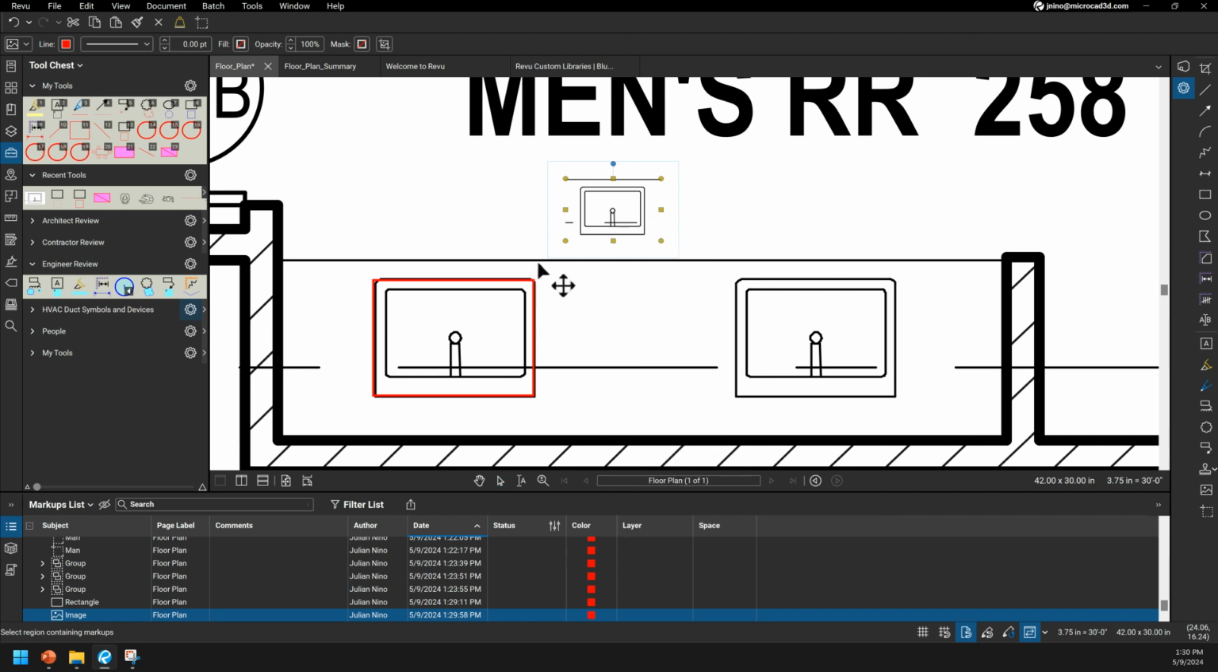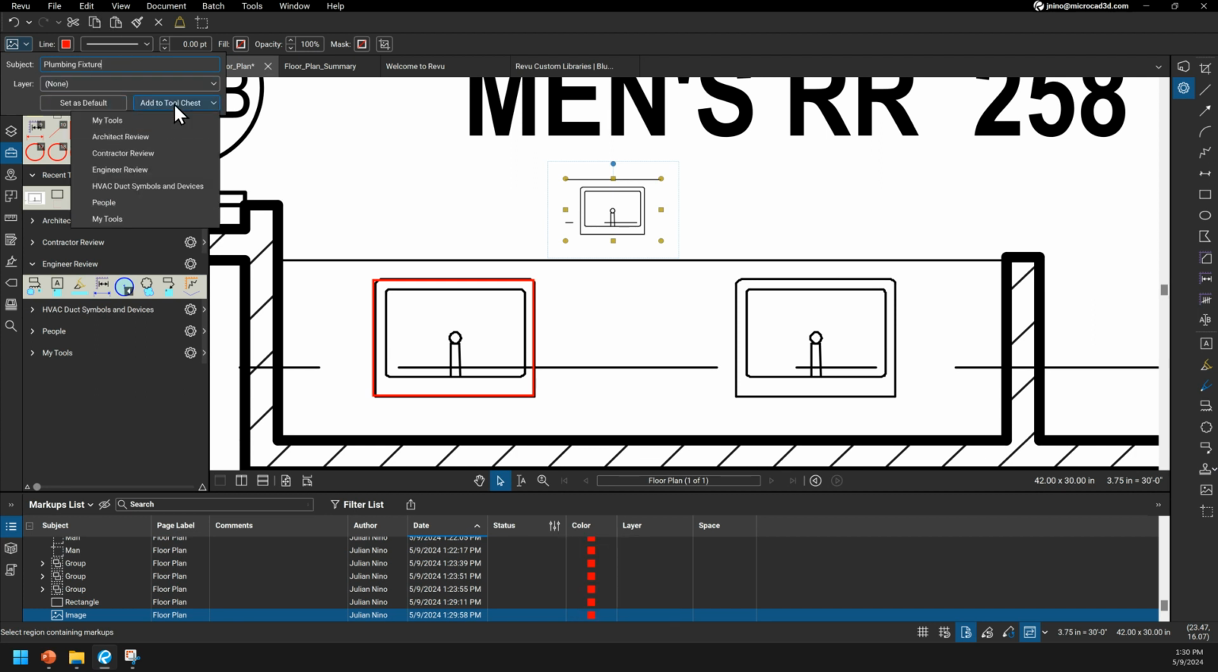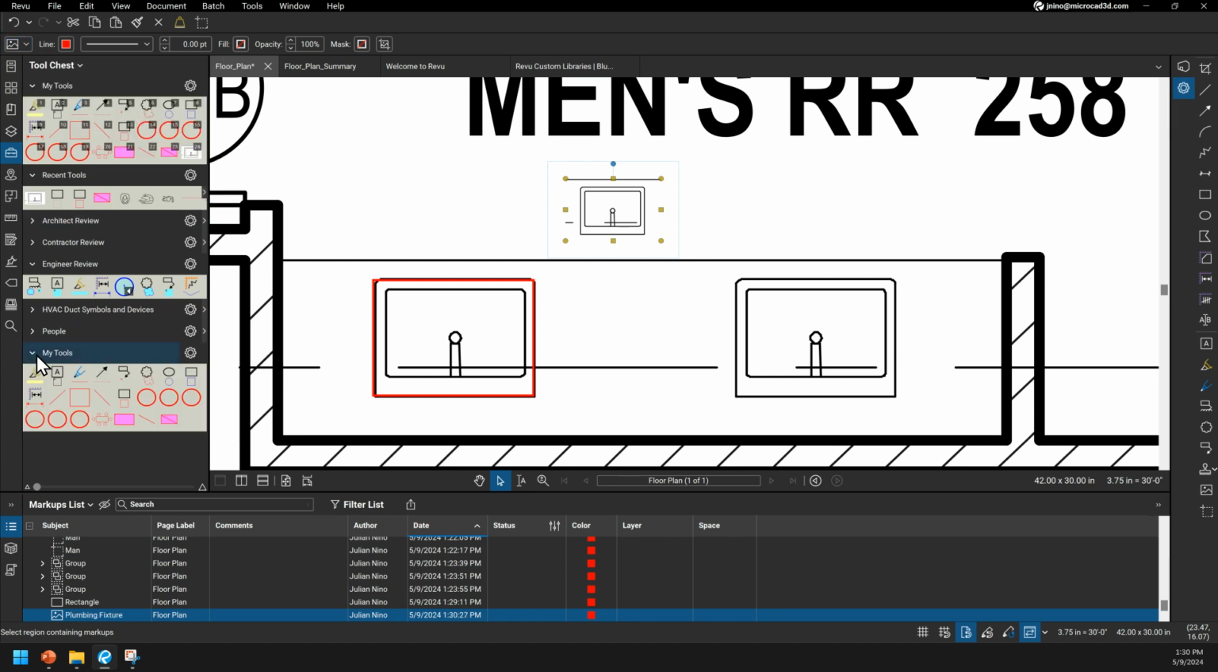Now, before you convert that, what I do recommend is go right here to the top left, and instead of calling it image, you can call it plumbing fixture, right? And you can add to the tool chest where? To my tools. So next time I'm going to be using that one, I can simply go right here,